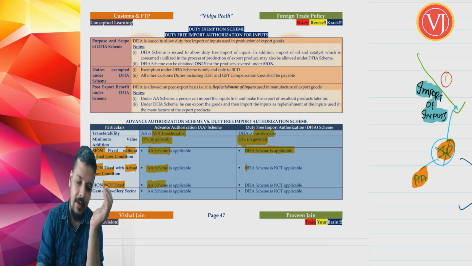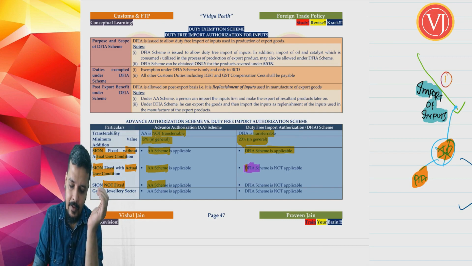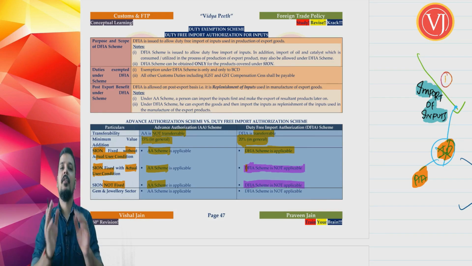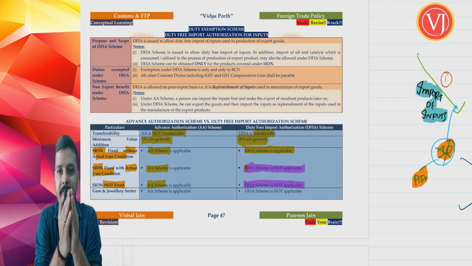So in the other two cases, where there is standard input output norms but with actual user condition, you cannot go for duty free import authorization. Where there is no standard input output norms fixed for a particular input and output category, you cannot go for duty free import authorization. So when you talk about the categorization,